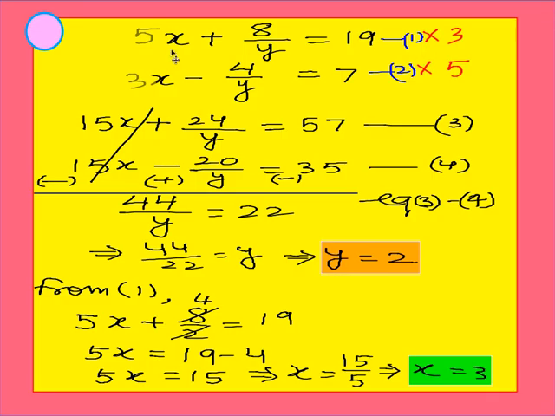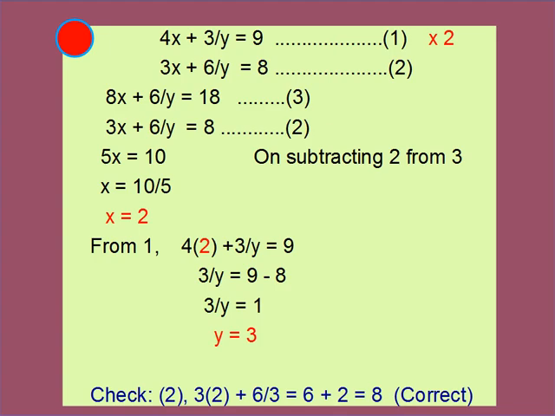Here one is given x and one is given upon y. So this upon y can also be done easily. You can multiply this equation by 2, so it will become 8 upon y, and you can eliminate this. But I have eliminated x, so I multiply this equation by 3 and the second equation by 5. So I made the x coefficient same. I cancelled this on subtraction, and I got 44y is 22, and I got the value of y as 2. And when I substitute this value of y in equation 1, I get 5x plus 8 upon 2 is 19. I got the answer x is equal to 3. It was easy, but you have to do more drill work.